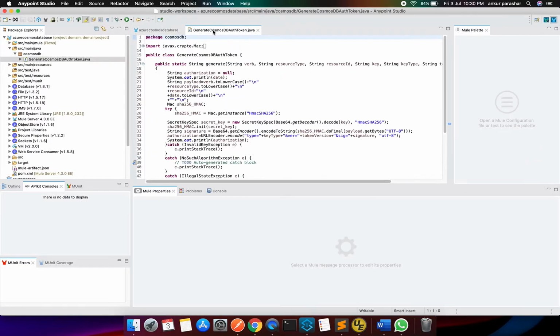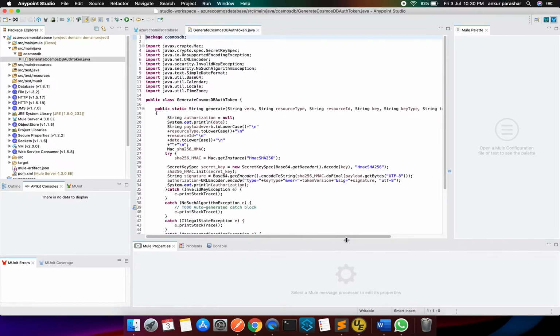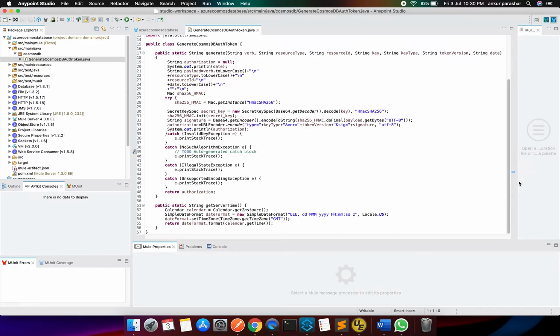I will share this particular piece of Java code as well. This is very standard. You can find several such combinations within the portal.azure.com for the Cosmos DB API, and there are different versions available for Java, .NET, and C Sharp. I have taken the Java equivalent, the reason being that the entire MuleSoft integration is based on top of Spring, right? So for the best fit, we should have the Java implementation.